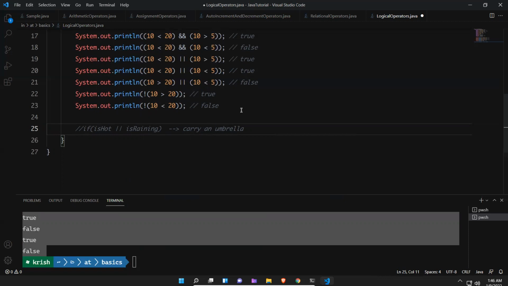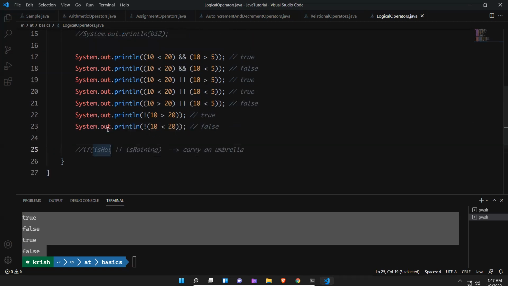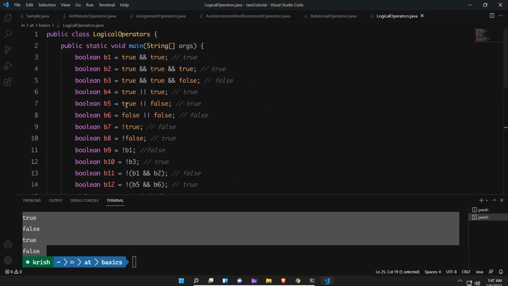So we'll write the conditions like that. If it is raining or if it is hot outside, then you can carry an umbrella, right? So if any one of these is true, then you need to carry an umbrella. If it is hot but not raining, even then you can carry an umbrella. Or it's not hot, it's raining, even then you can. Both not happening is a very rare scenario. And if it's hot and raining, carry an umbrella. Just an example I'm showing. This is how you can use these logical operators.